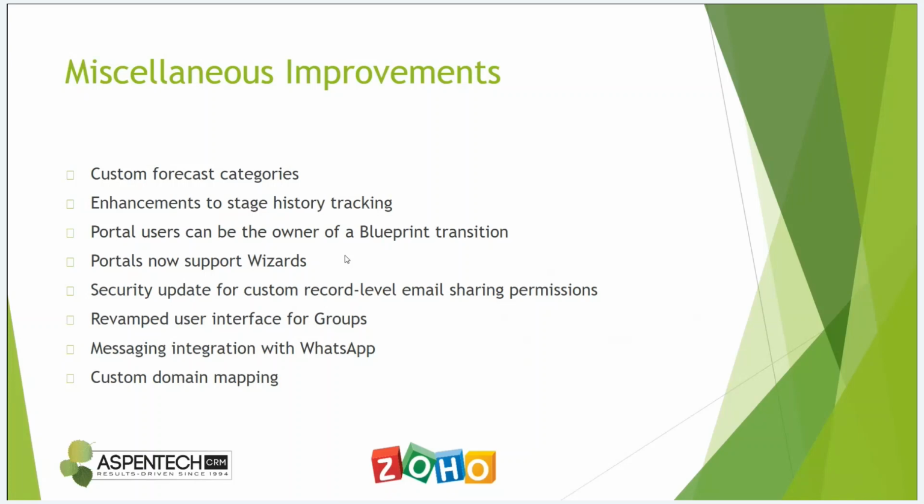to check that out. And we also have the ability now to do custom domain mapping. So instead of accessing crm.zoho.com, you have the ability to potentially access something like crm.aspentech.com or something along those lines for your CRM. If that's something you're interested in, there are some help articles out there. Not a terribly difficult thing to do, but you do need a technical resource to help out with